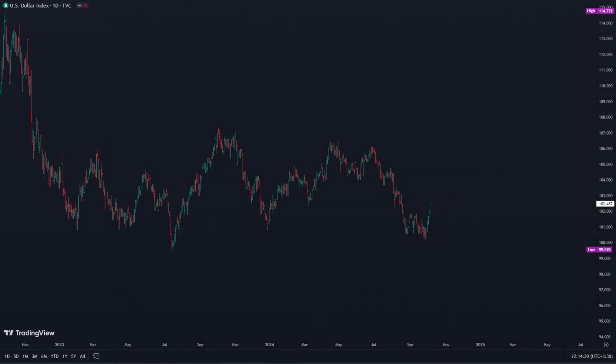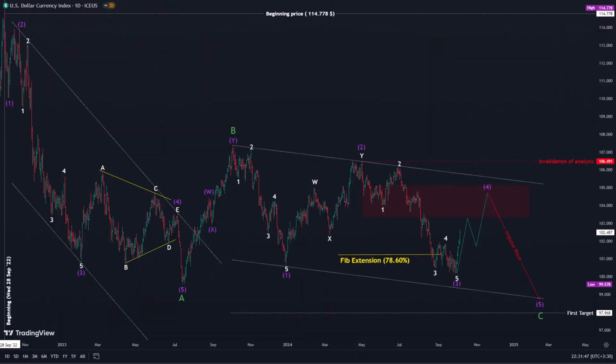I believe that based on the current market structure data, there are two possible analysis ideas to consider for the dollar index, DXY. The first idea of analysis suggests that wave A is an impulse pattern and wave B is similar to a multiple zigzag due to acceleration. In a zigzag pattern, wave C may be an ending diagonal. A pullback is expected to form, which could be any correction pattern, such as a simple or multiple zigzag. It is important to note that waves 1 and 3, labeled as an impulse pattern, can also be classified as a triple zigzag.